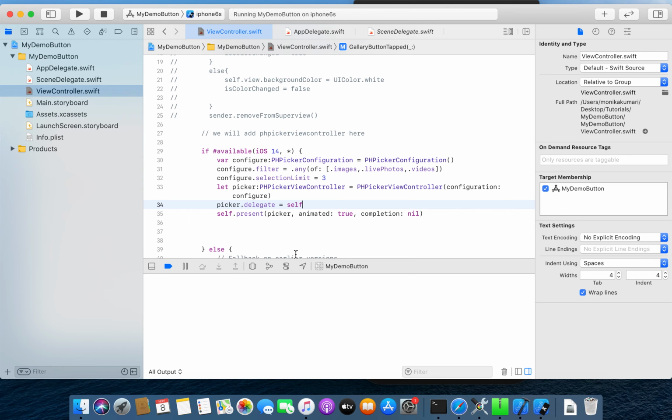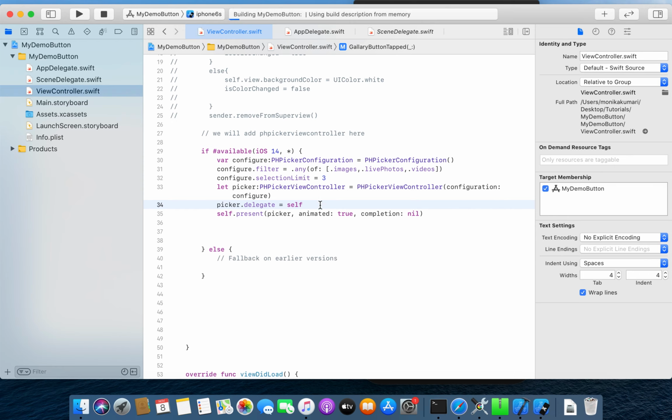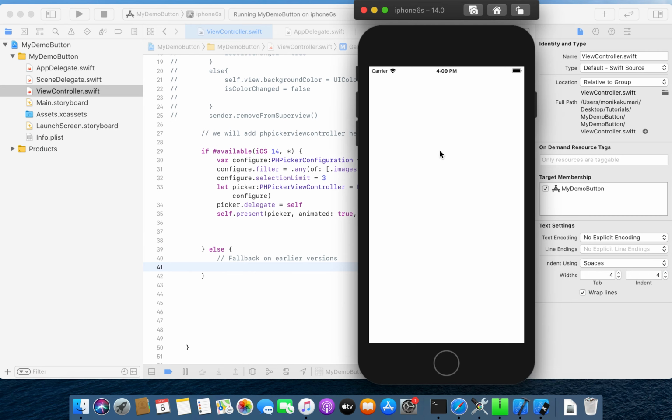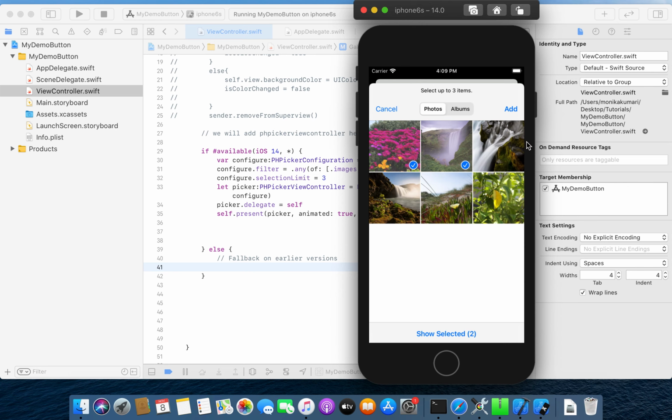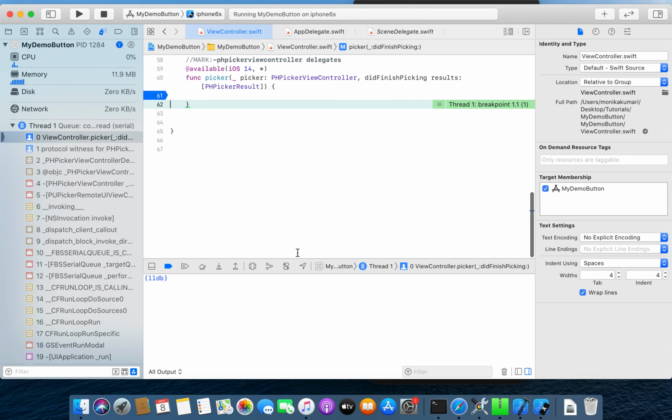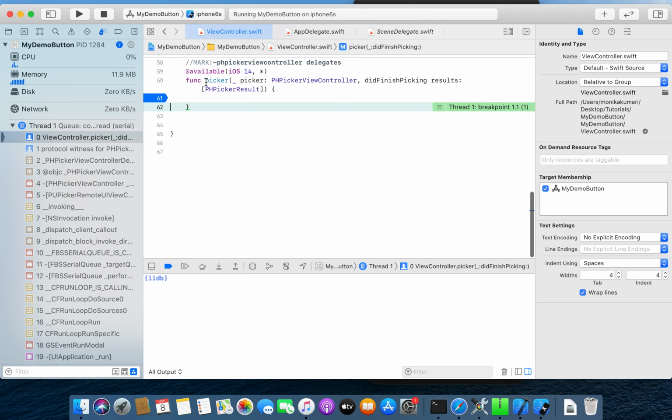So the delegate will be called inside this view controller after putting this line. So this is very important. So now I will just click on the 3 images, and I will add these 3 images, and now the flow of the app will go like this.